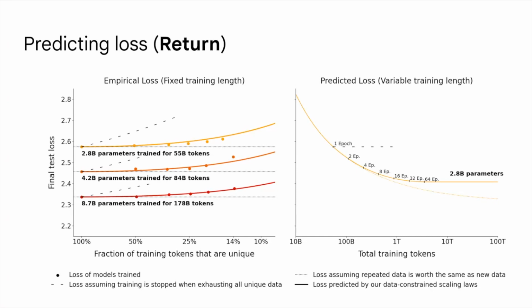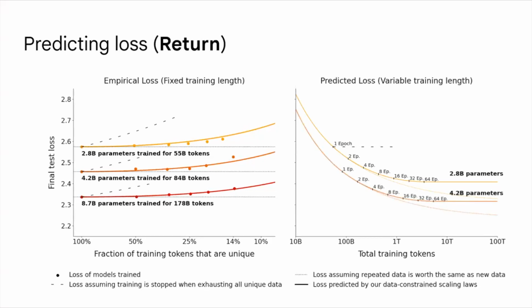So the solid line corresponds to the predictions by the formula of the loss. And the dotted line are the predictions if we assume that repeated data is worth just as much as new data. So this would be the predictions for a model that's trained on entirely unique data. So of course they overlap up until one epoch, but even further, they seem to overlap because as we saw, there's quite a lot of value in the first few repetitions. We are not losing that much value, but then eventually the solid line flattens out because we don't get any more value out of further repetitions.